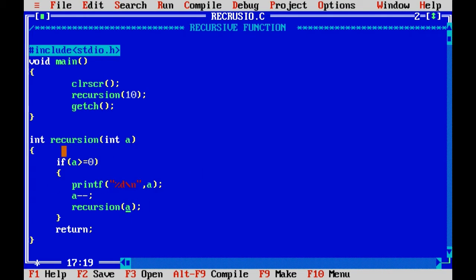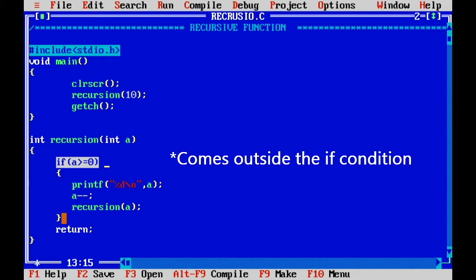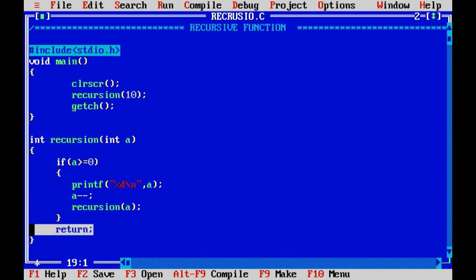Again it is calling, so it keeps on iterating till this condition becomes wrong. When the condition is wrong, it comes outside the loop and returns, and from the last recursion it keeps on returning back.